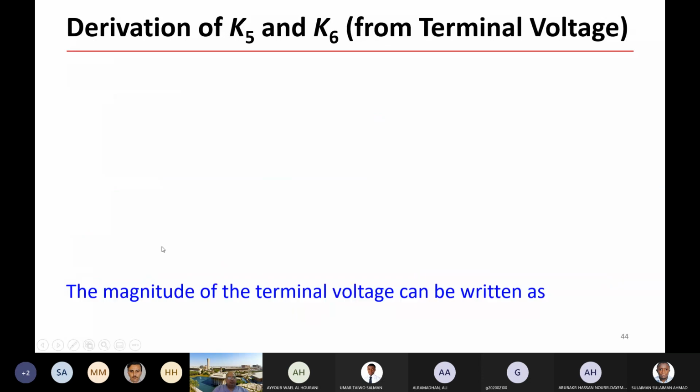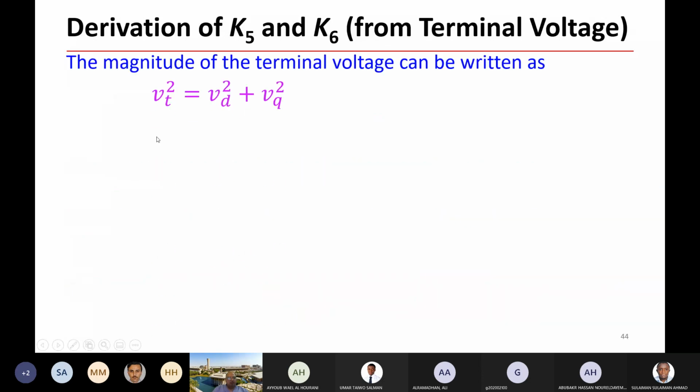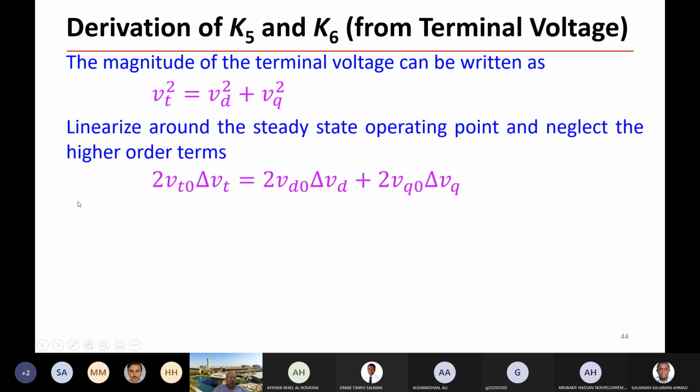K5 and K6 come from the terminal voltage. We have a terminal voltage equal to VD squared plus VQ squared. If you replace VT by VT plus delta VT, VD by VD plus delta VD, and VQ by VQ plus delta VQ, and then expand this, you will end up with this equation. So you have 2 VT0 delta VT equal to,